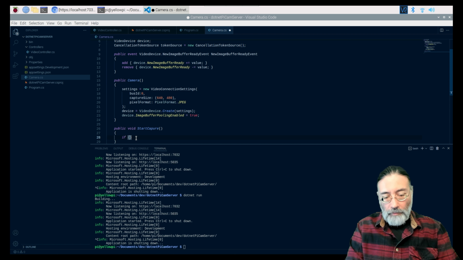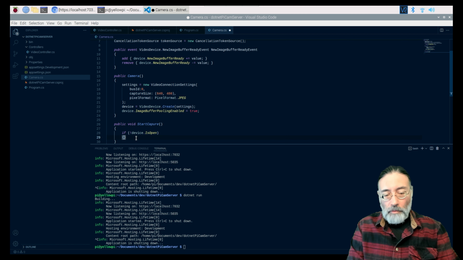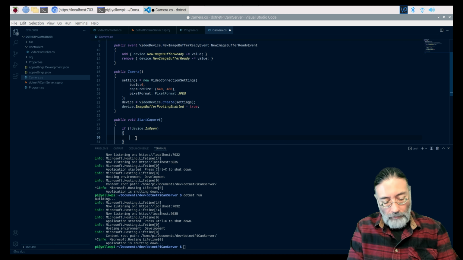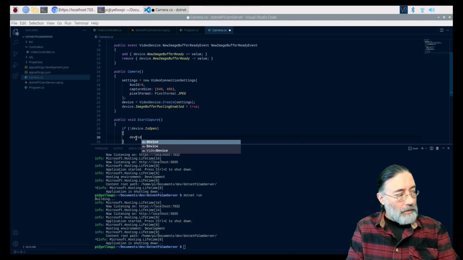Now, if the camera is already started, we probably don't want to start it again. So we're going to start by saying only if the device is not already open, then we're going to say to the device